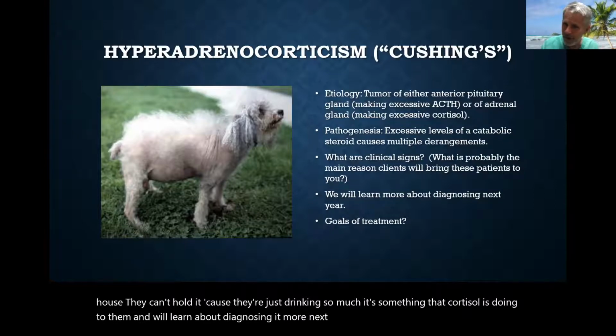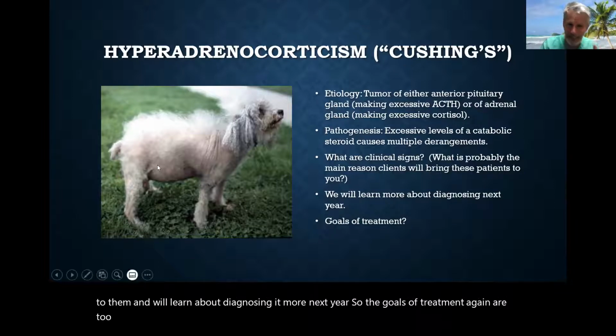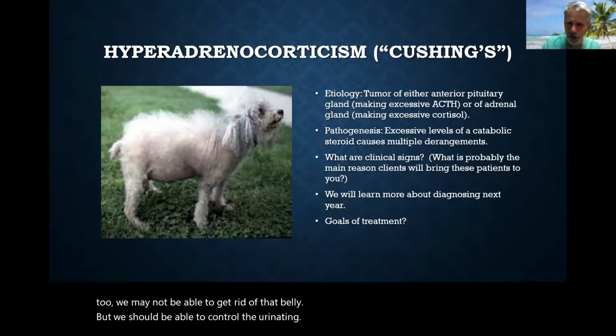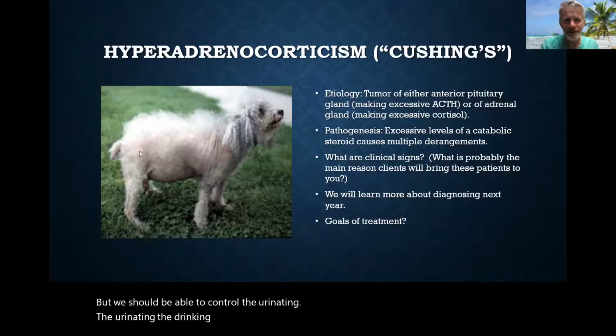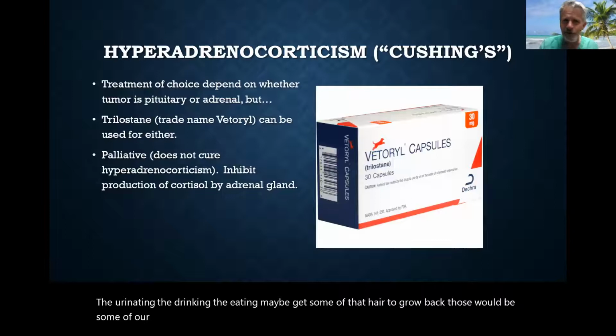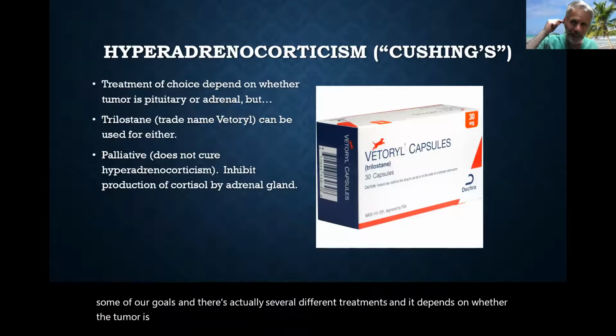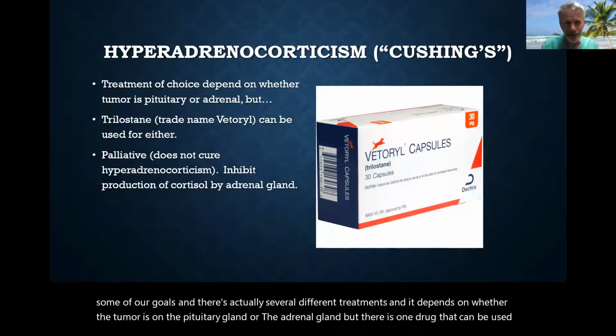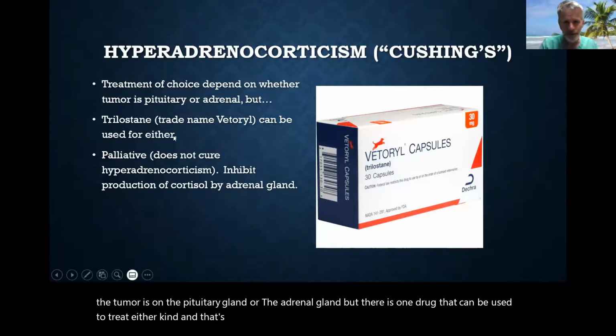So the goals of treatment, again, are that we may not be able to get rid of that belly, but we should be able to control the urinating, the drinking, the eating, maybe get some of that hair to grow back. Those would be some of our goals. And there are actually several different treatments, and it depends on whether the tumor is on the pituitary gland or the adrenal gland. But there is one drug that can be used to treat either kind, and that's called trilostane. The trade name is Vetoryl, and it does not cure